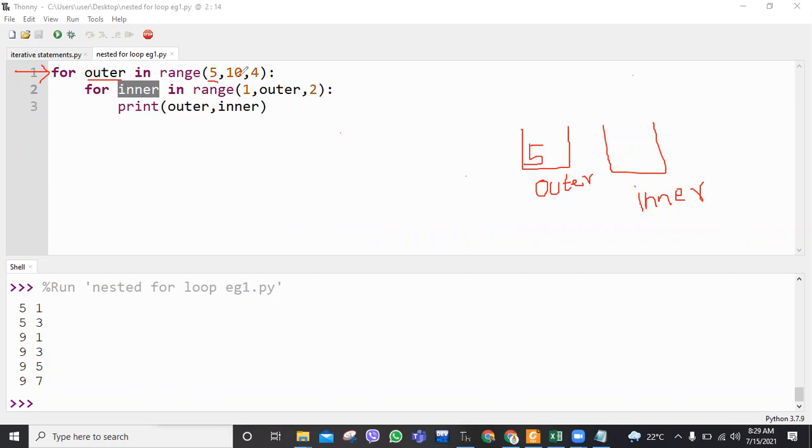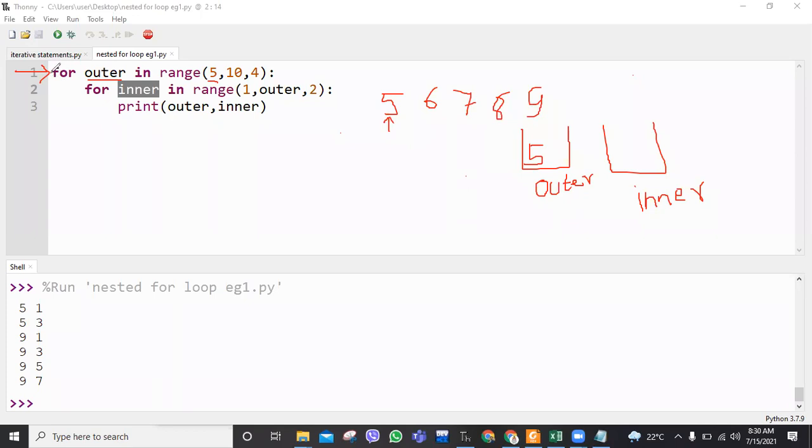Because the last point, the upper limit, is always discarded. So from 5 to 6, 7, 8, and 9, only this many values will be provided by this outer loop range function. So the starting point is 5, and initially the outer variable is initialized with 5.